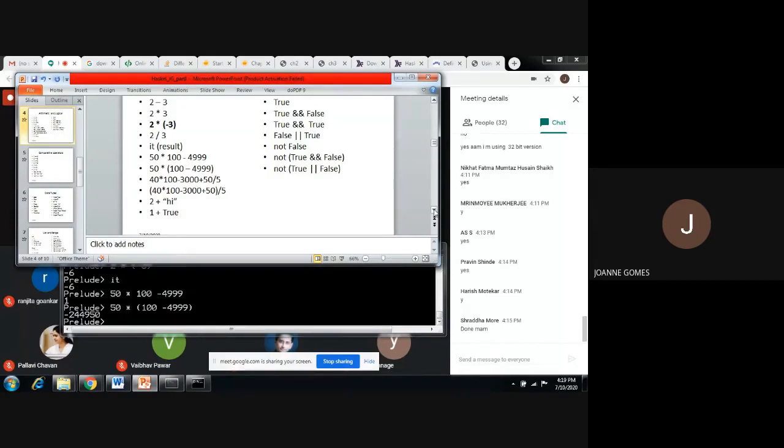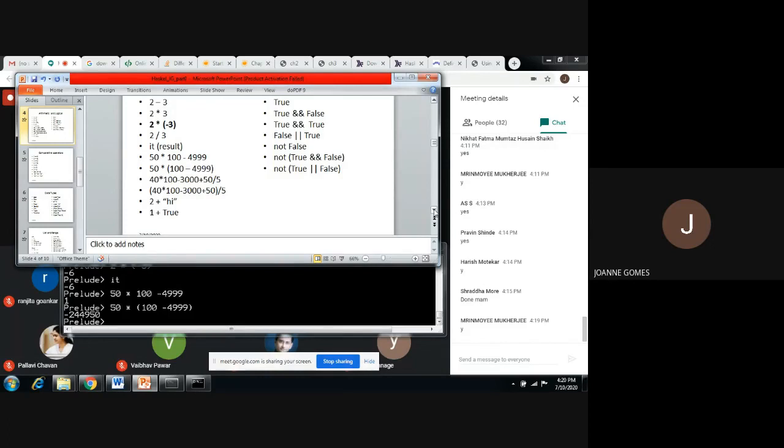Are you with me? Okay. By the next statement you'll come to know again how the precedence rule is followed. In the previous line, 40 into 100 has no bracket, so it is dividing 50. I think 50 will be divided by 5 and will be added to the rest of the equation. Whereas in the second statement, the bracket result is calculated and then that whole result is divided by 5. I hope everyone got that.